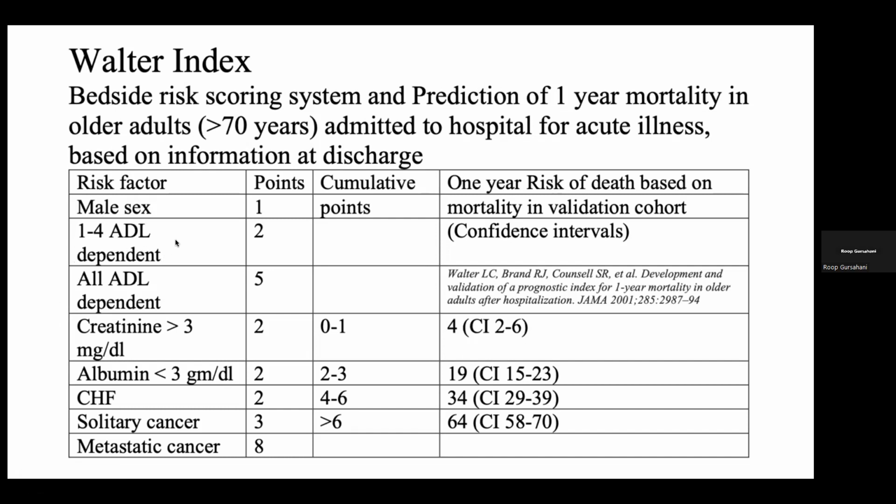But somebody whose 4 ADLs are dependent, 2 points. And then you look at the other things that are wrong with them. Now, actually speaking, this lady was good in other respects. But if you have somebody who has developed comorbidities like kidney failure, or has a dropping albumin, or has malignancy, then you can see how these numbers pan out. And if you have, say for instance, an elderly male who's completely dependent and has a creatinine over 3,